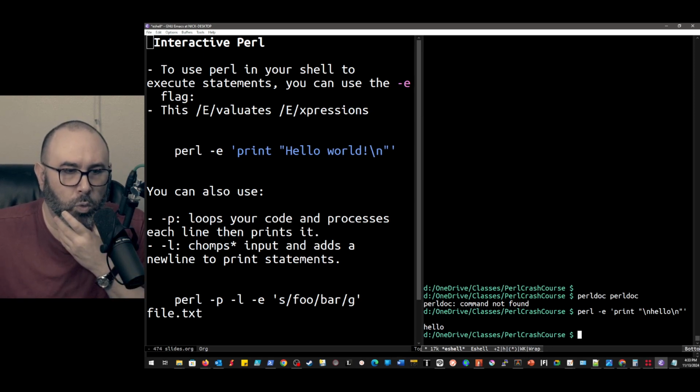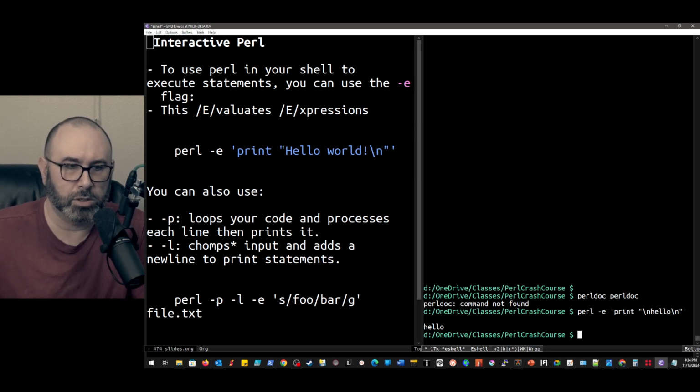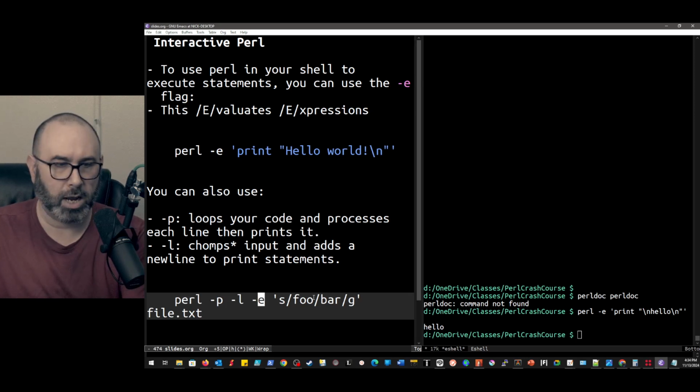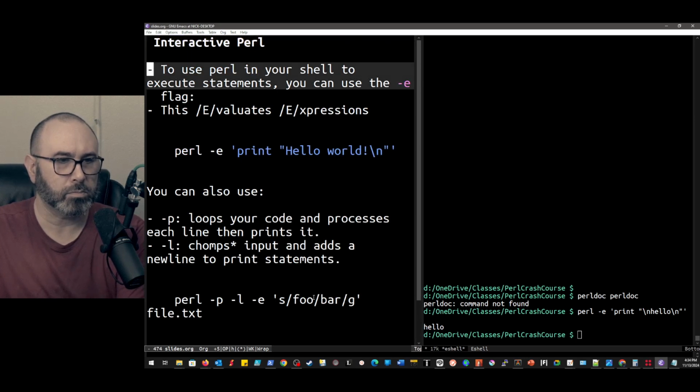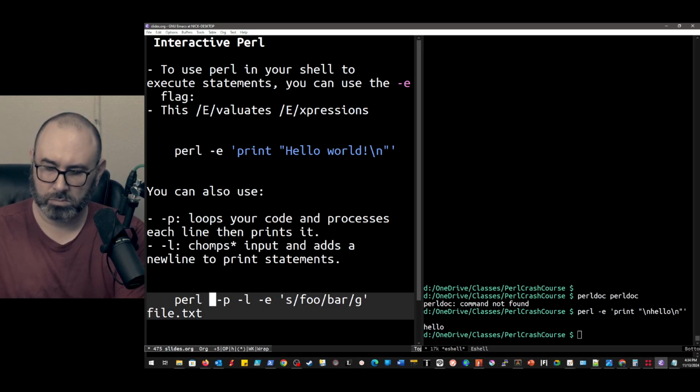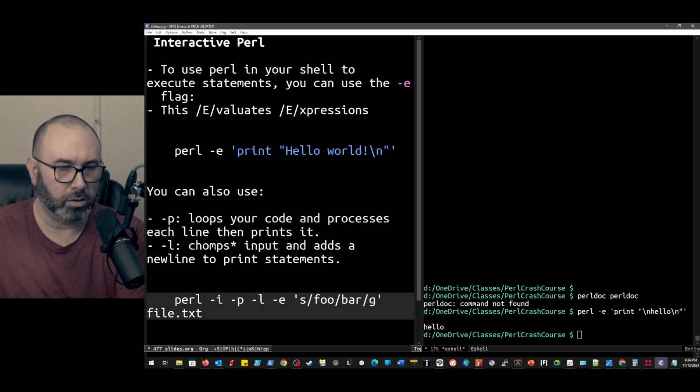So we can do things like, for example, really complex, really nice substitution with something like a perl -ple. So this is going to print, this is going to loop, and it's going to evaluate in this case this expression, right? So it's going to go through, and I probably should have put -i in here as well, because that'll do it within the actual file.